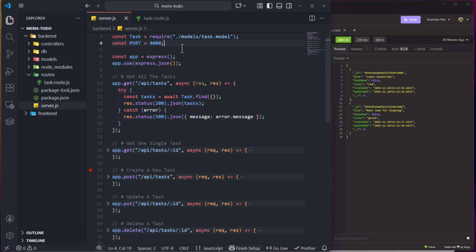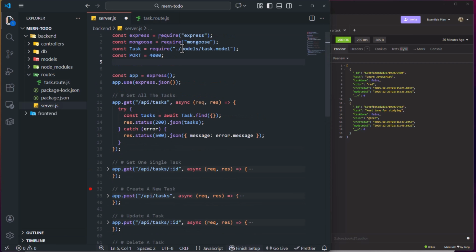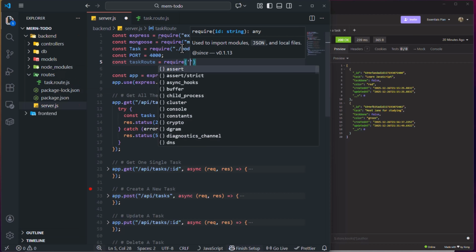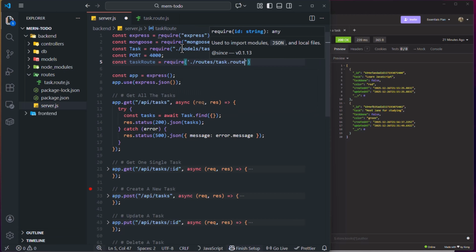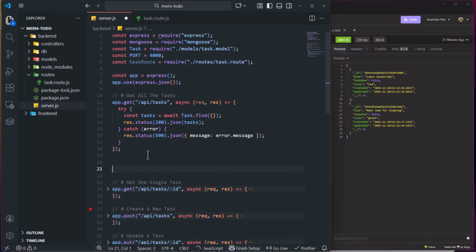So let's say const task route require, and we're going to just get the address of our routers here. So inside the routes folder, task route. Now we have here task route. So the first thing we need to do in your server.js,